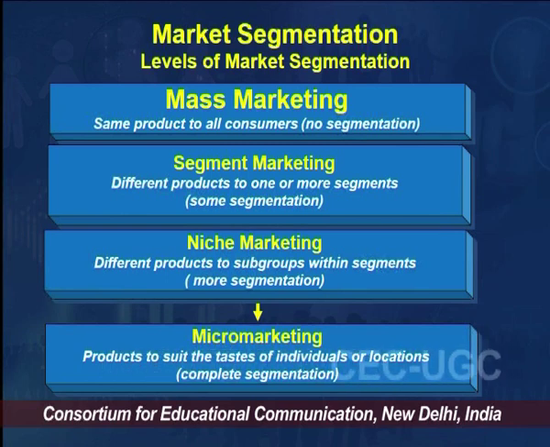So, there is a complete segmentation. Based on different locations, different choices, different preferences and tastes, we are doing the market segmentation, that is called micro marketing. For that, of course, we need a lot of resources, and there is another situation where the marketer is emerging as a category killer, and they are offering products to different customers of different backgrounds and their different requirements. So, these are different levels of market segmentation, and they require differing levels of strategies by a marketer to